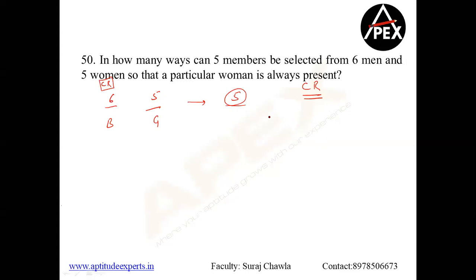Why 11C4, Lavanya? The CR is already there. Since we are selecting the CR for sure, how many boys are left? Now 5 boys are left and 5 girls are left. Out of these 10 people, I have to choose how many? The CR is already in the group, so I have to choose 4. That's going to be my answer: 10C4. Perfect. You use permutations when you are arranging, Ashwin. Here we are just picking people. We are not arranging them. Clear?